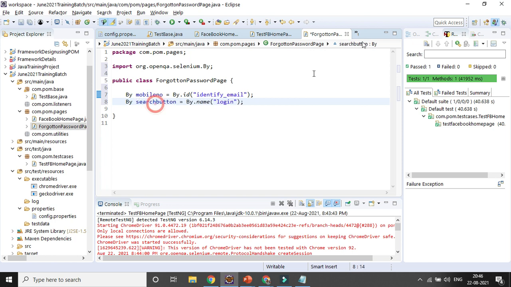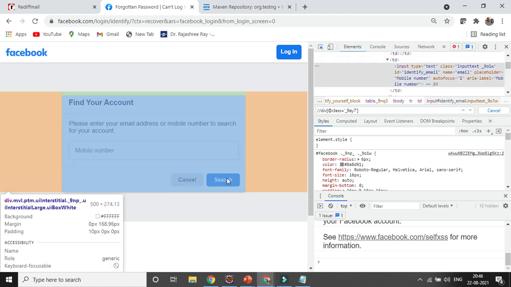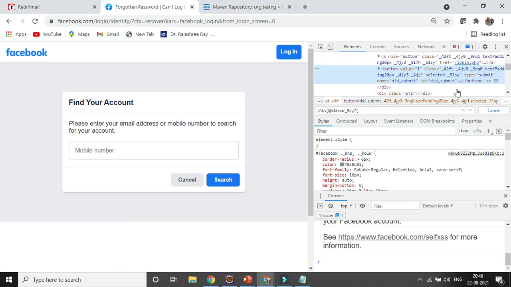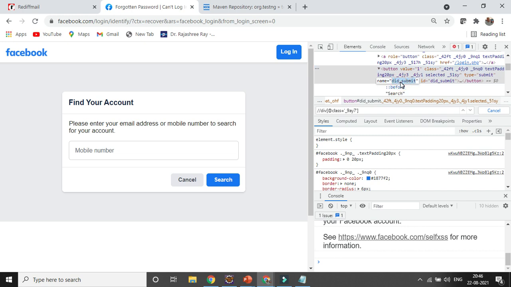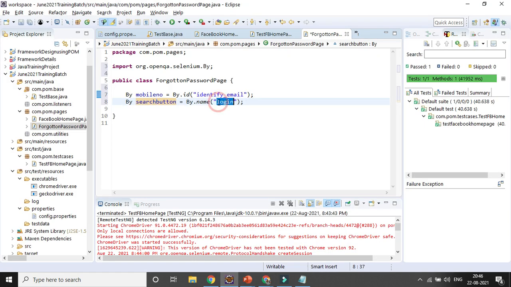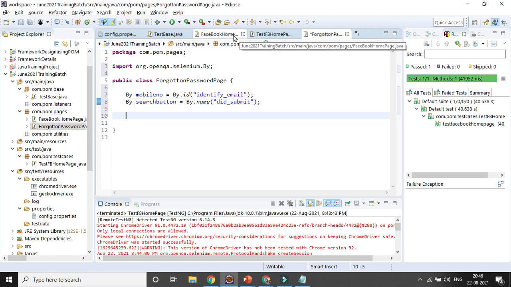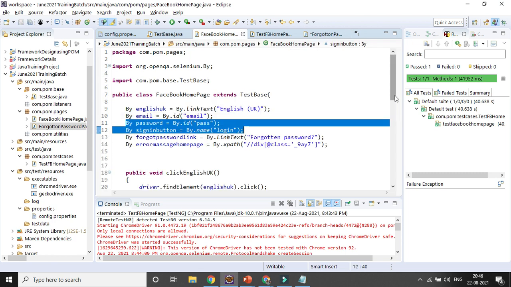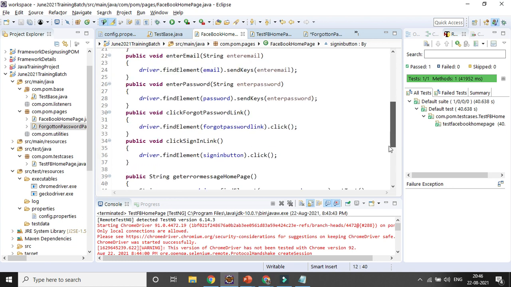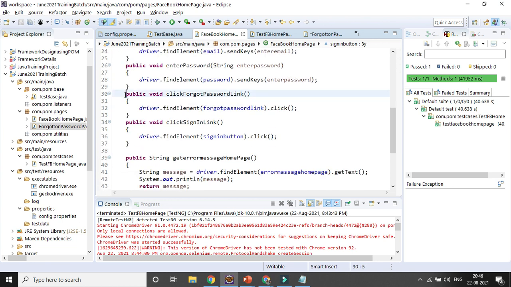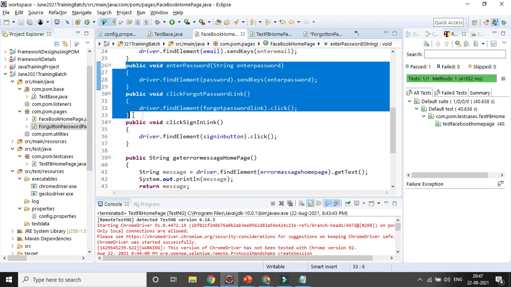Let's inspect the search button. You can see the name equal to did submit, so I can identify it with the help of name. Now I will create two methods here: one is enter mobile number and one is click search button. You can see how easily you can do it.